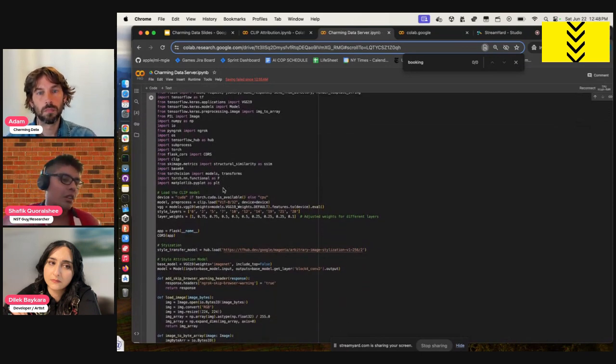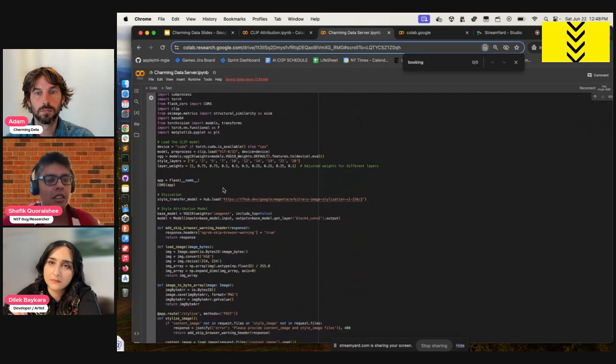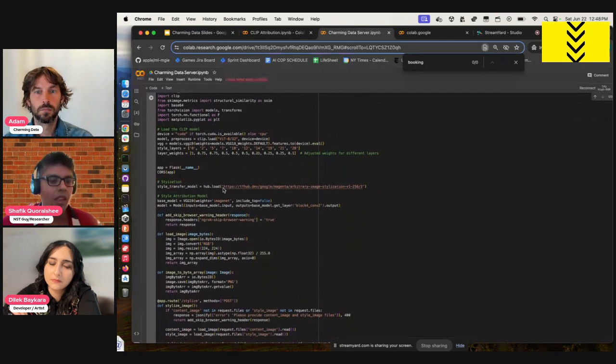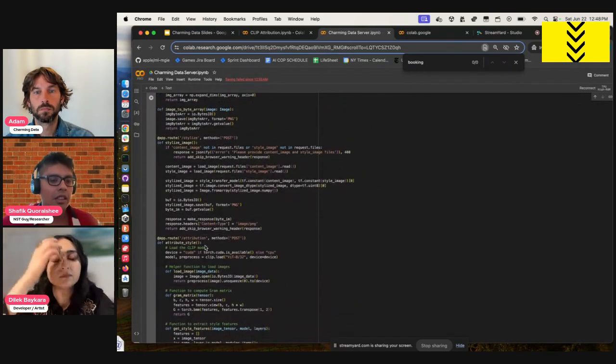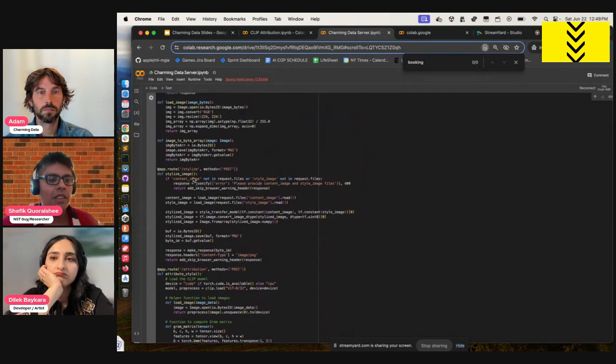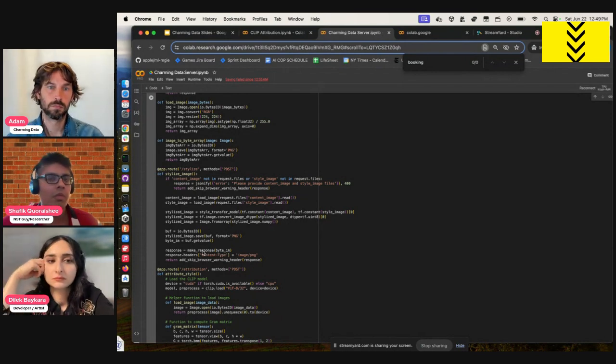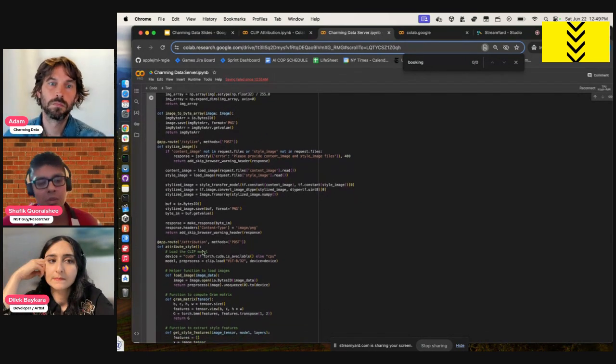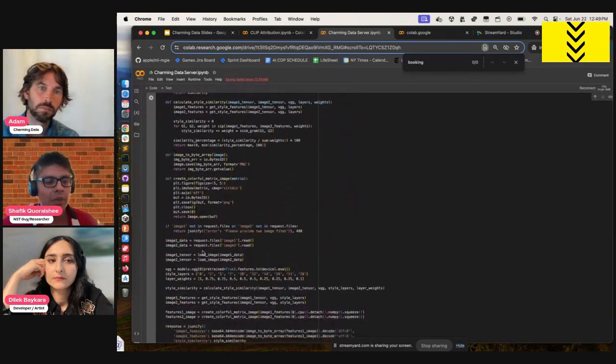So I created a Flask service here, and I have endpoints in that Flask service which do things like the attribution. So I'll have an attribution endpoint, and I'll have a stylized endpoint, which does the NST stuff. Now, remember, the code in here is just a lightweight version of the actual code that's running. The more complex code is in a different notebook for research, in the midst of being worked on.